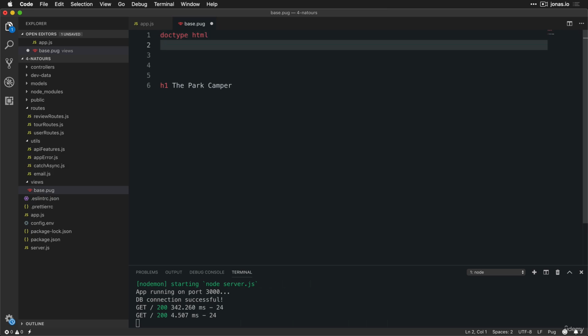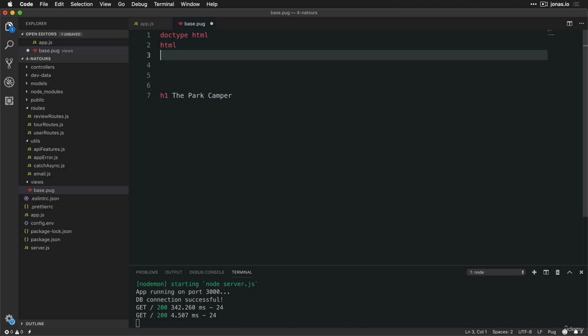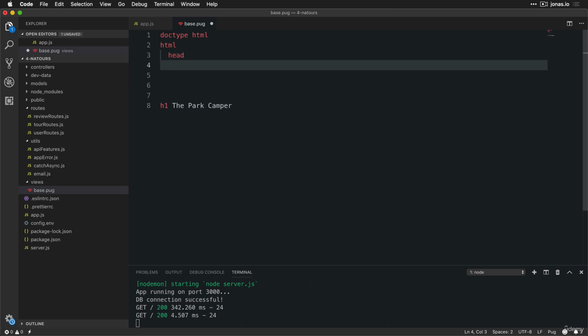Okay? Anyway, we always start with doc type and then the first element, so the overarching element in all our HTML documents is always the HTML. Then inside of that, there's usually a head element. And so in Pug, in order to say that one element is inside of the other one, all we do is to use a tab. So we use indentation, as I mentioned in the beginning. And that's it. So that's our head element. And so inside of that head, let's create the title of the web page. And so yet another tab. So title,